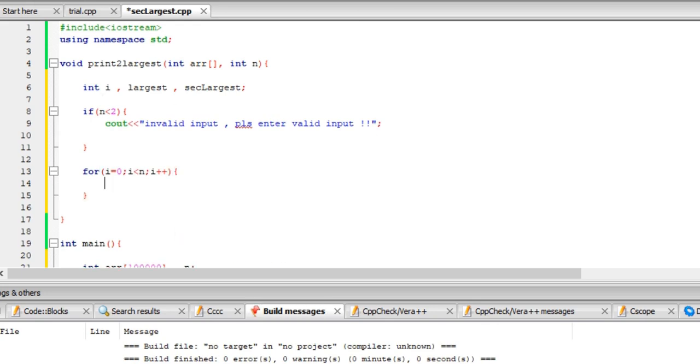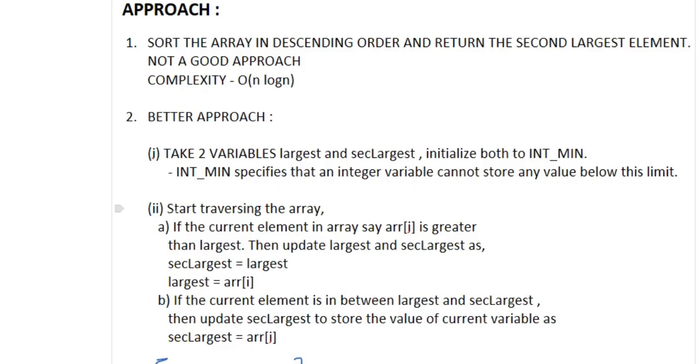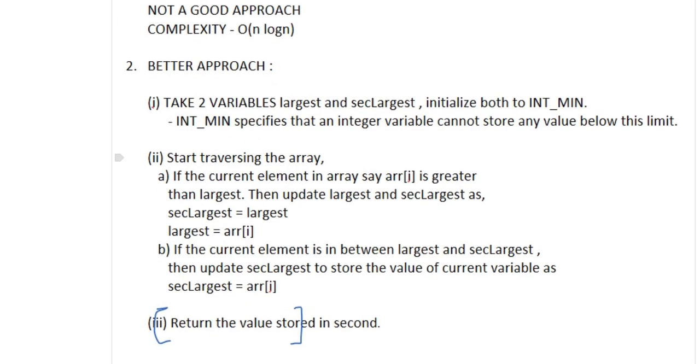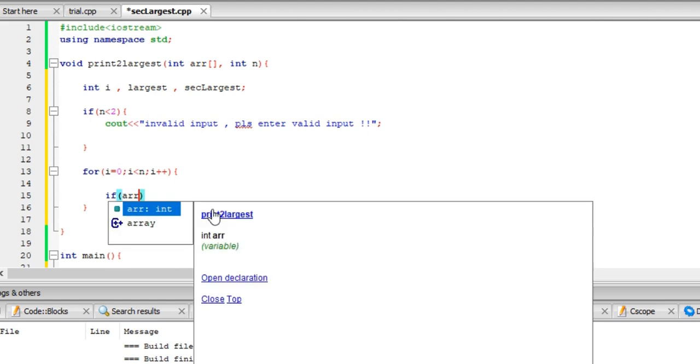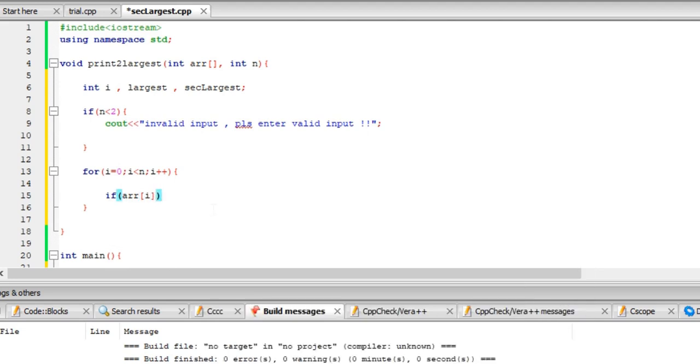So according to our algorithm, we have to start traversing the array, and if current element in array is greater than largest, then we have to update both largest and second largest. So let's include that condition. If array of I is greater than largest, then we have to update both largest and second largest.